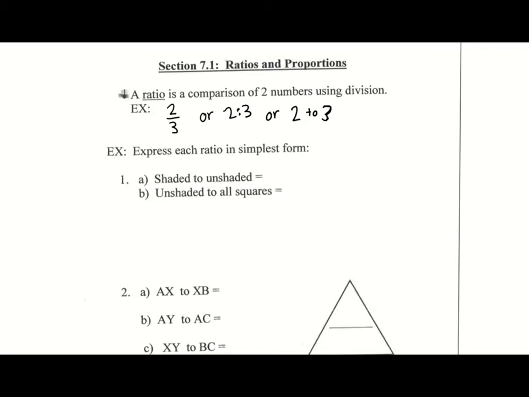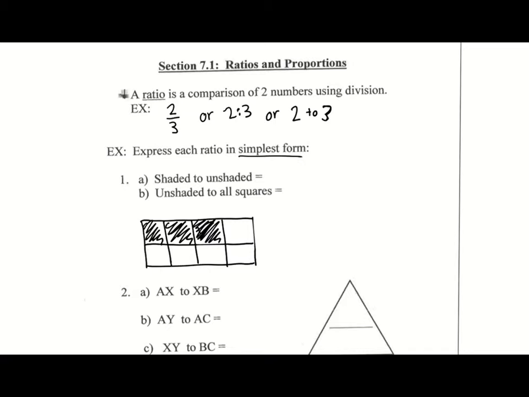Number 1, if we draw this picture at the bottom, we have a box, and I'm going to break it up into 8 pieces. And then I'm going to divide that in half again, make 8. And if I shade in 3 of these, the question asks for the ratio of shaded to unshaded in simplest form. So if we have 3 shaded